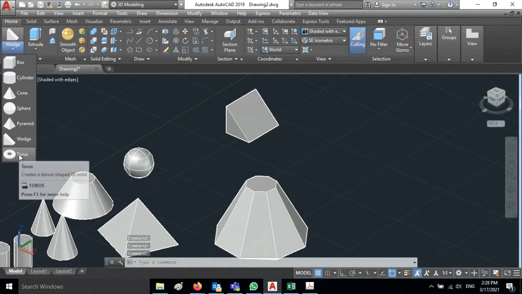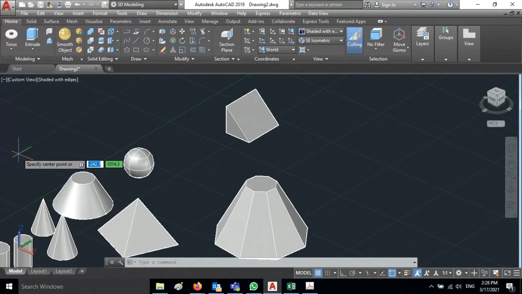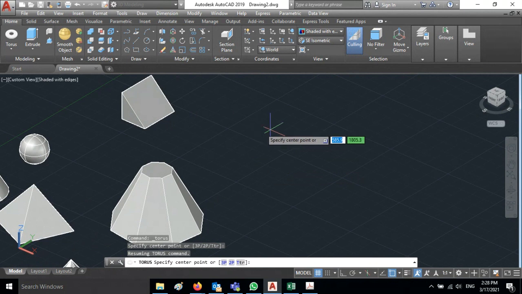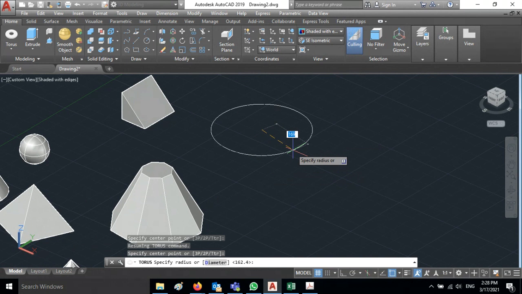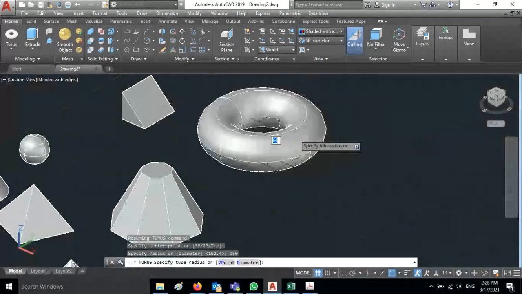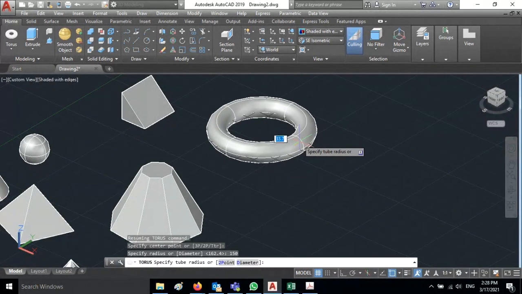And then next, the last one is the torus. Torus is like a donut. Okay, let us see how to create the torus. These are the different entities we are creating by using the 3D objects. First, for torus, we need to specify the center point and the radius. Let us say 150 is the radius, and the other, tube radius, we need to give.